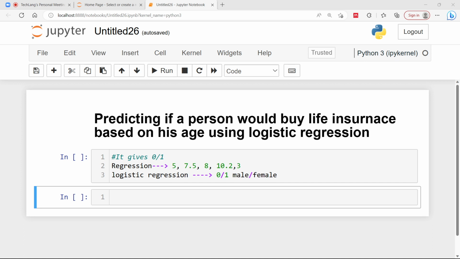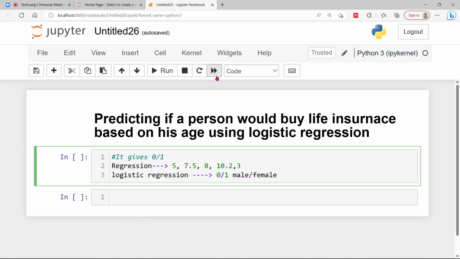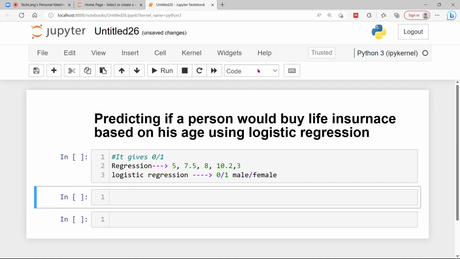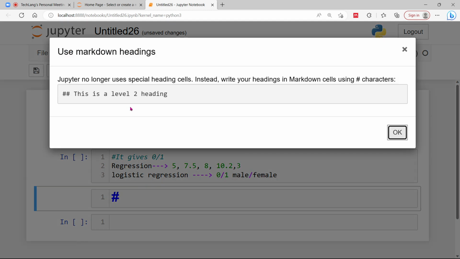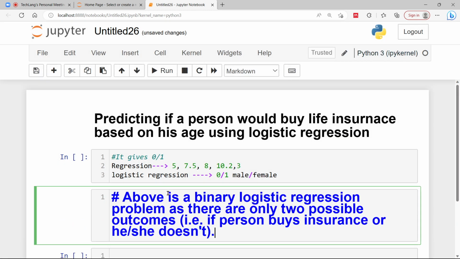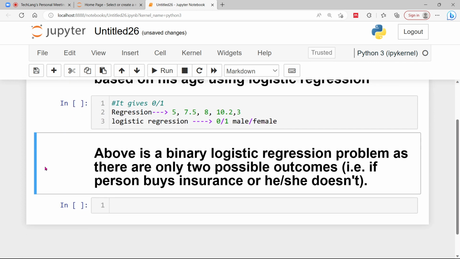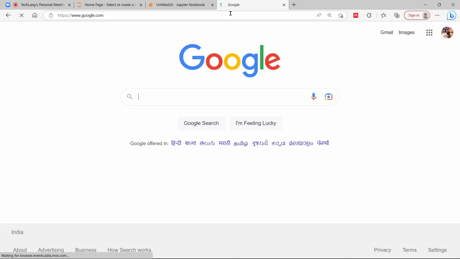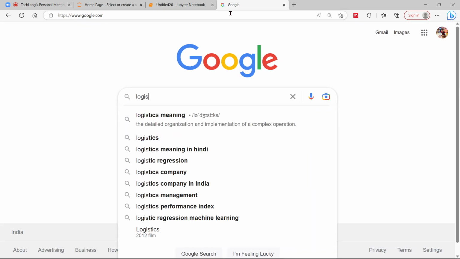So I'm going to discuss this part here. I'm going to create one more code cell. That's the heading, and I'm going to hit run. So above is a binary logistic regression problem. There are only two possible outcomes, right? If you find the logistic regression